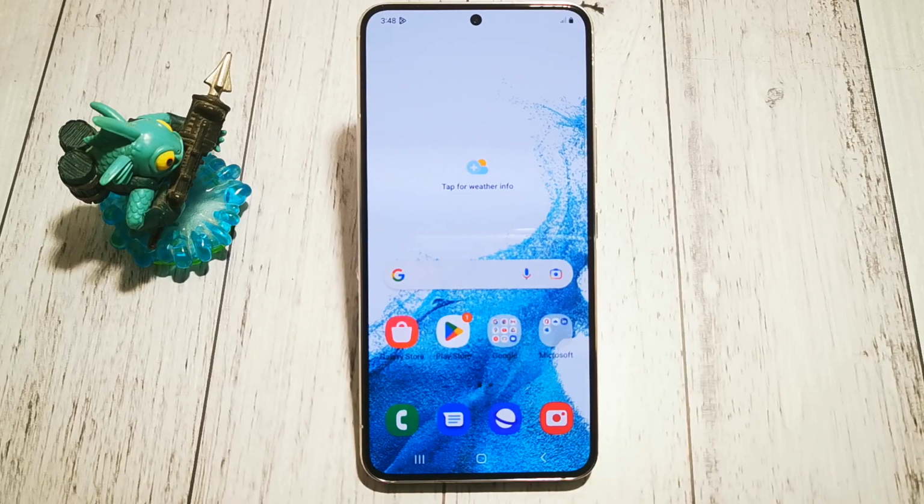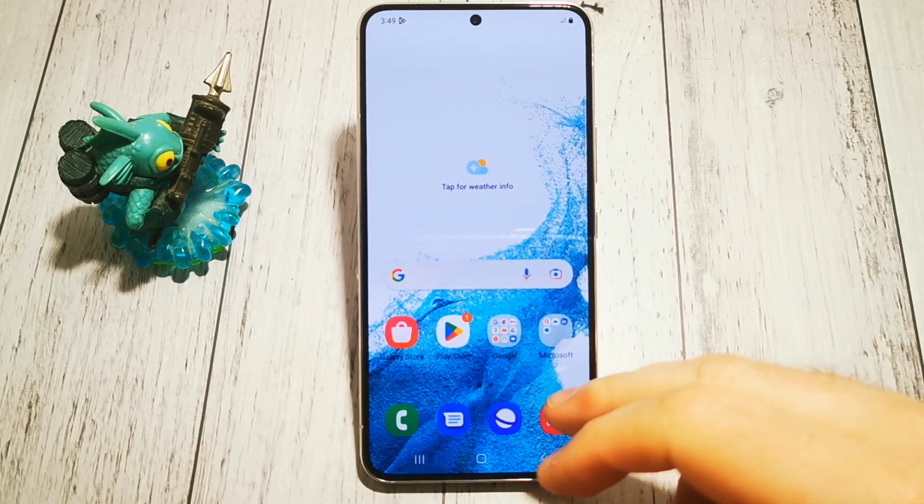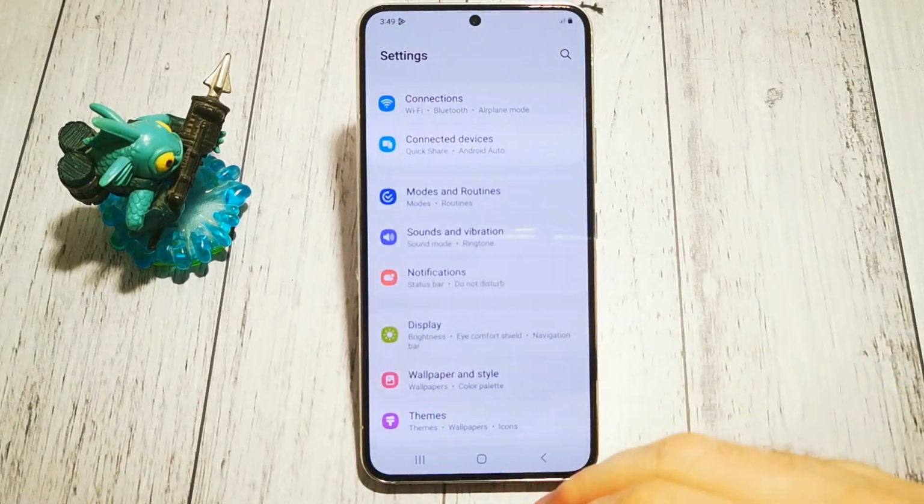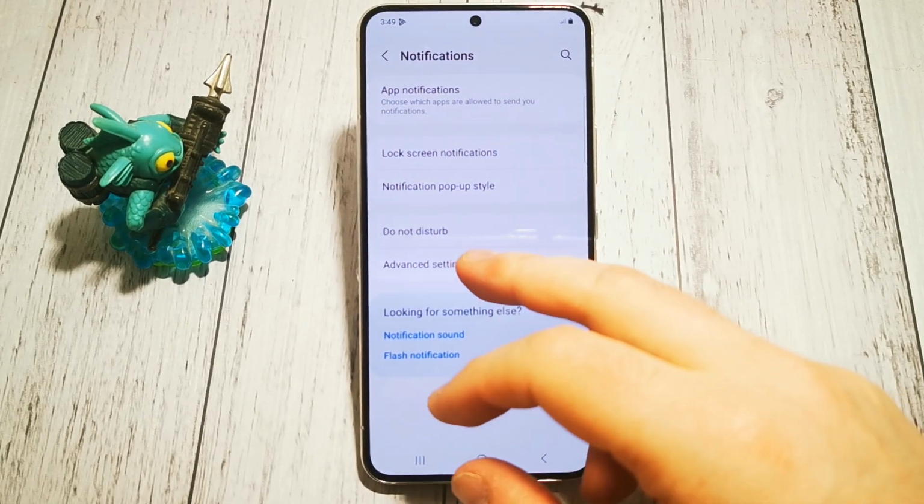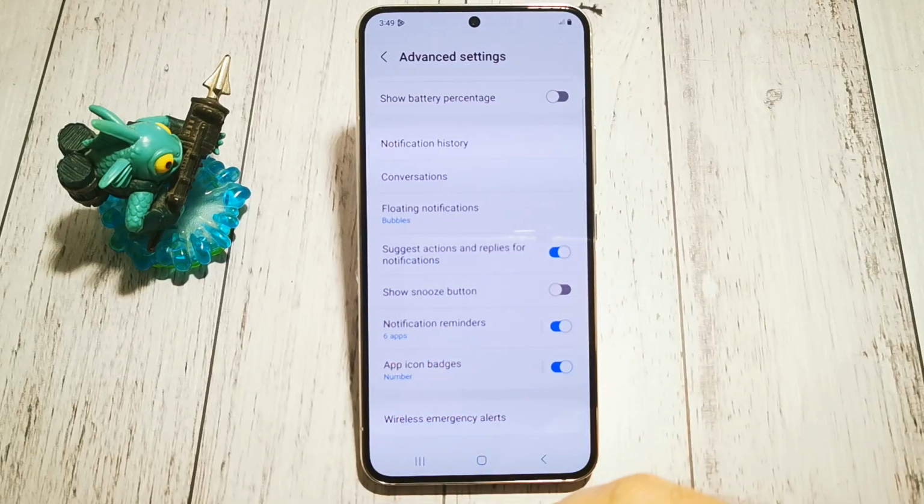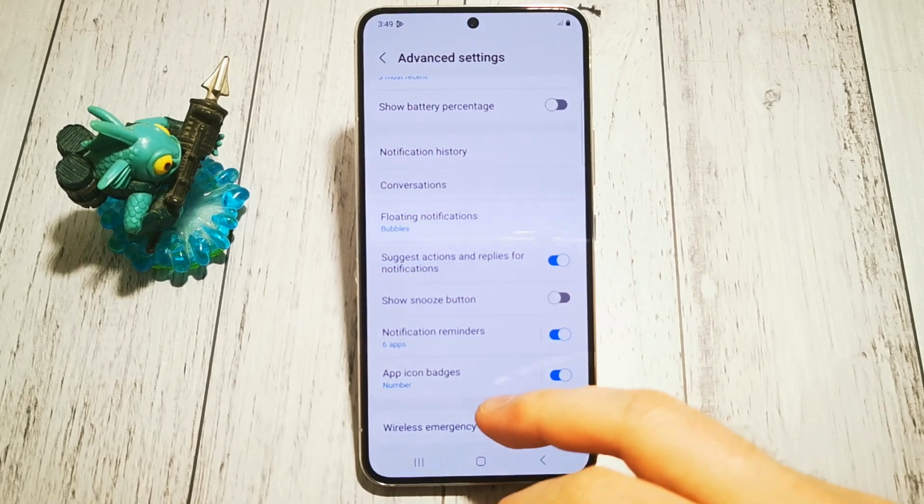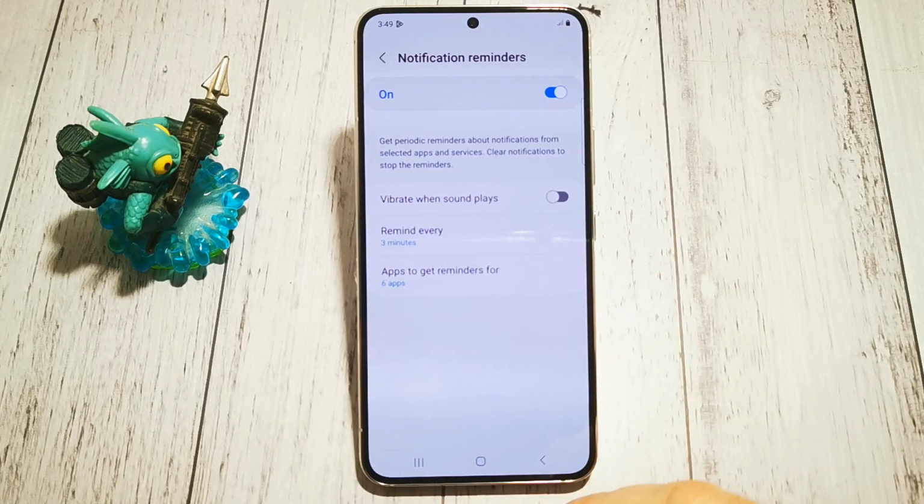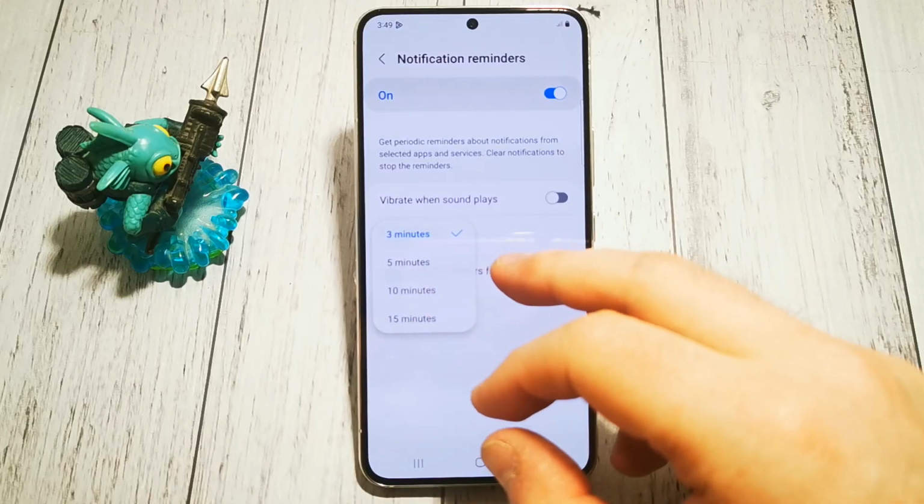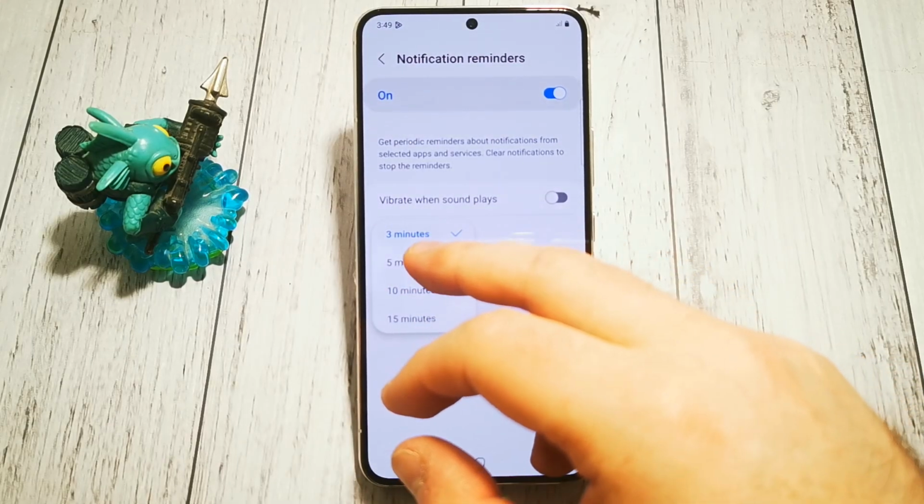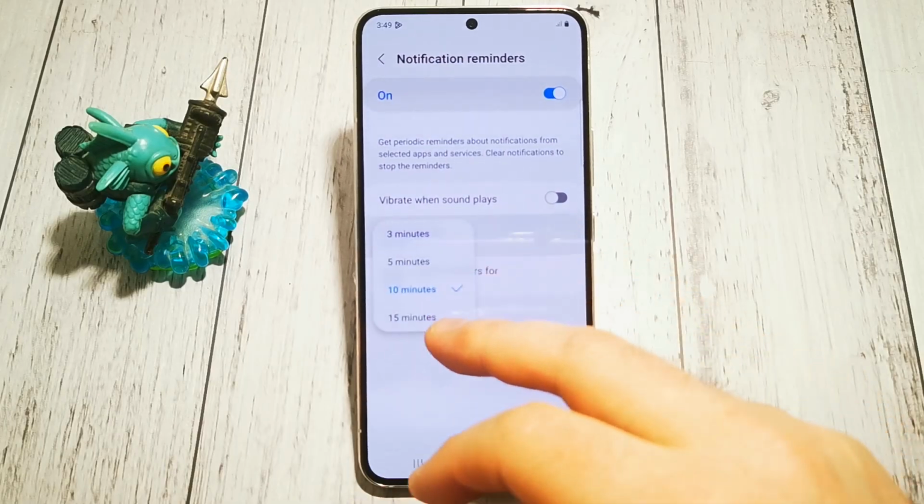Today I will show you where to find the options and how to change the time duration of our notification reminder in Samsung Galaxy S22. So we have to go to settings, then in notifications we have advanced settings, and here we have our notification reminders. By default it's turned off, but if we want to change any options, we need to turn this function on. And here we can choose any from these 4 time